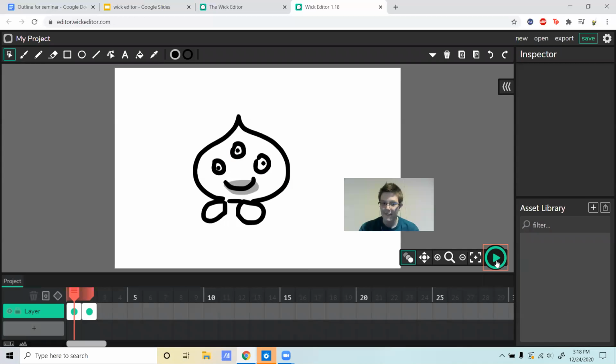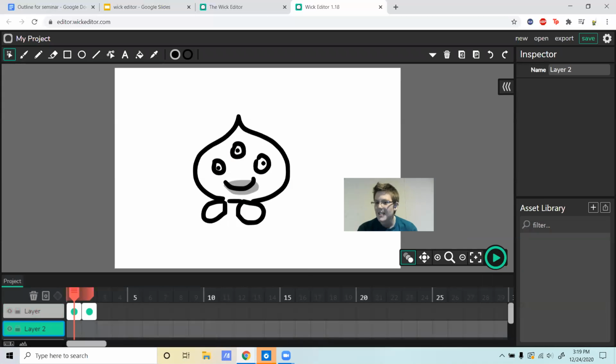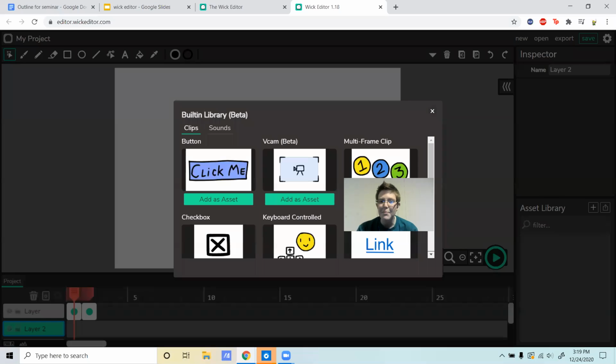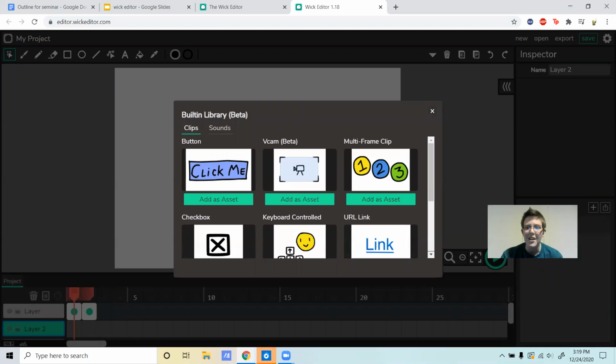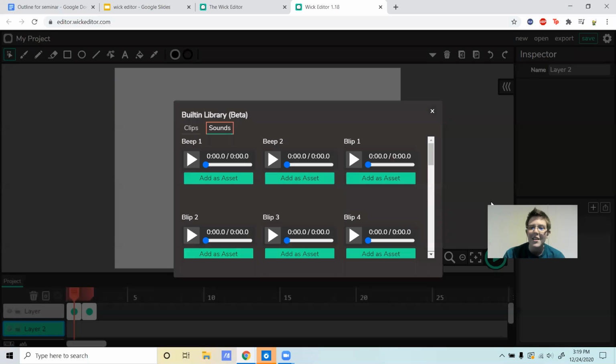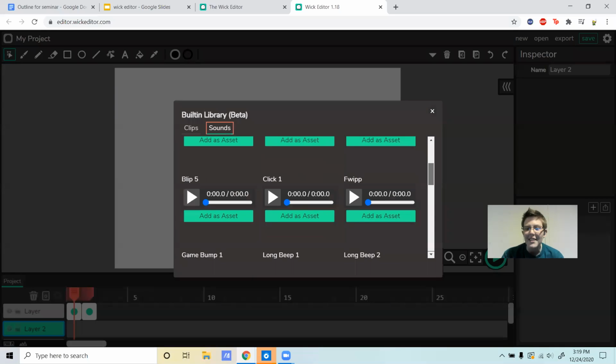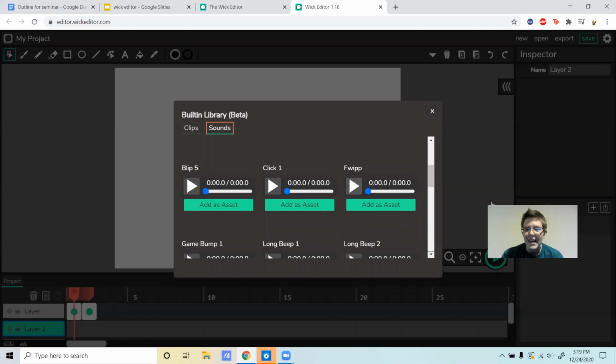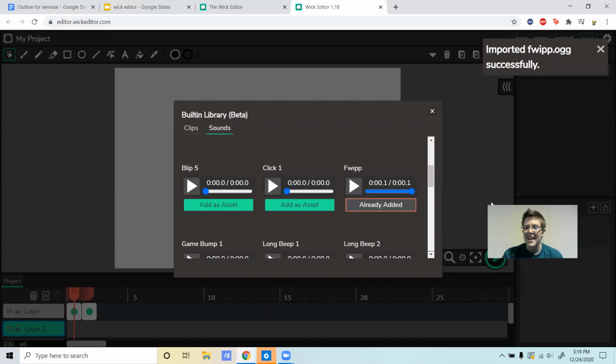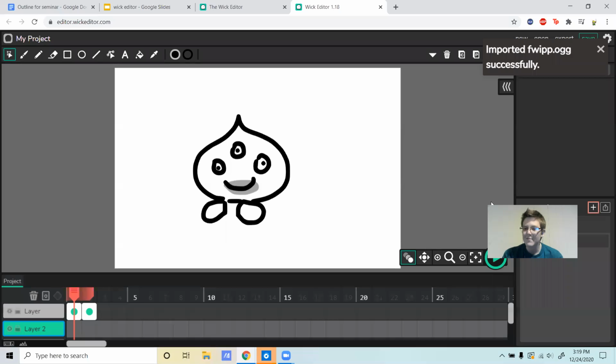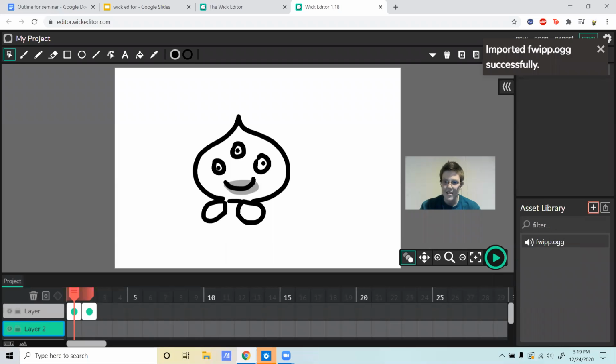So now, finally, I'm going to show the asset library and adding a sound. So let's add another layer for our sound. Now I'm going to add a built-in asset. So here you have clips and sounds. So what's something an alien could say? Well, I think an alien could say flip. Just that. So then you click add as asset, imports it, and then you click it